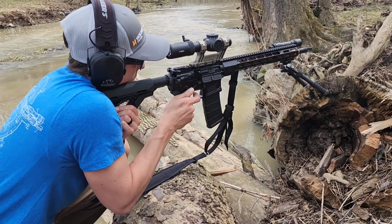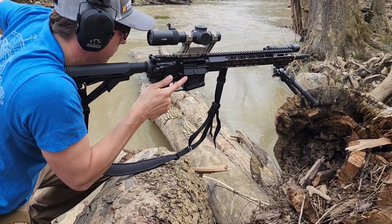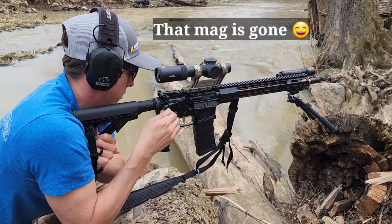Now let's get into my relationship with Primary Arms. They did send this to me and I did not spend my own money on this. I have been a longtime customer of Primary Arms. I've bought stuff from them in the past, but this one was sent to me. So let's get into the full review and go over why I say the things that I did in the